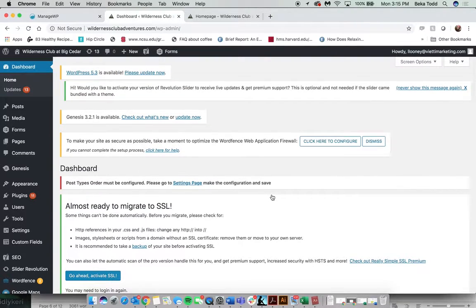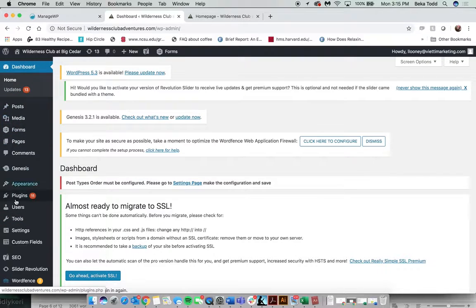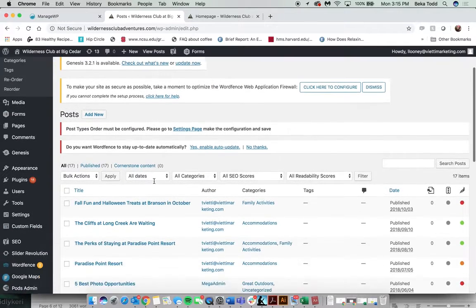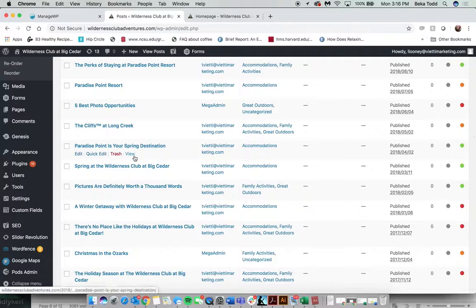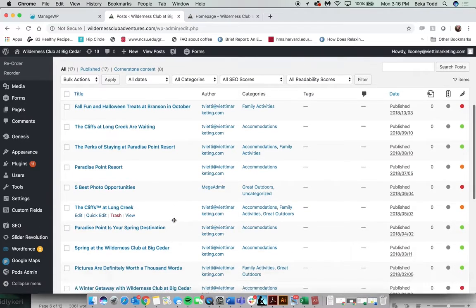From here, this is the back end, and what you'll need to focus on is just over here. These are the items that you'll need to look at. Under posts, you'll click on that and you'll see all the posts that already exist. These are the titles of the posts, the authors, the categories, and the date published. If you do want to delete any of them, you can click trash. They'll end up in a trash folder up here,